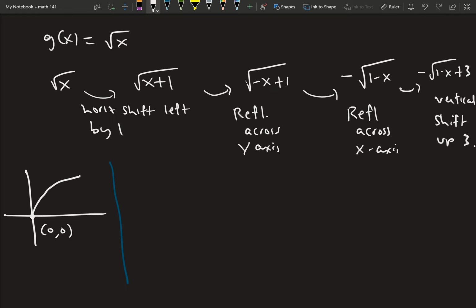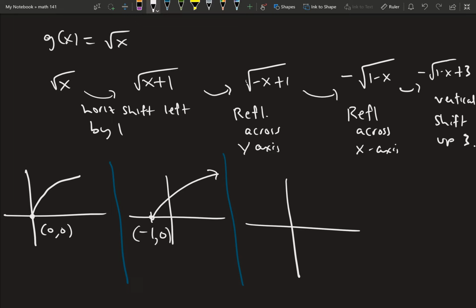Our next graph is shift left by 1. So here's a negative 1, so I have the point negative 1, 0. That's my second graph. My third graph says reflect across the y-axis. So I say, okay, if I looked at the mirror image of that,